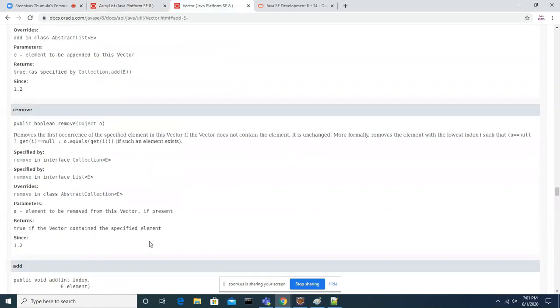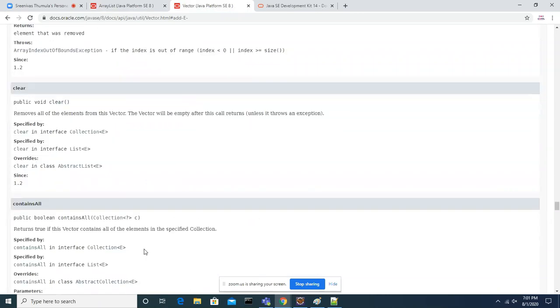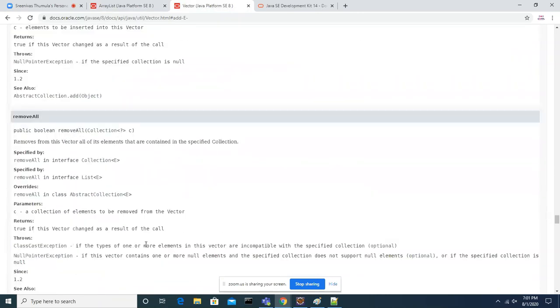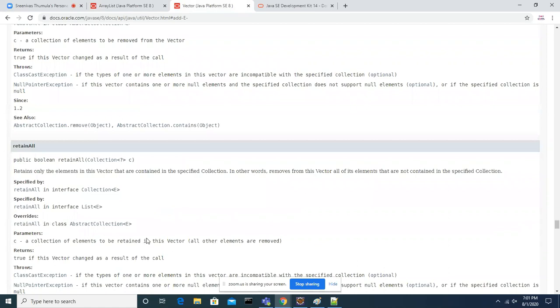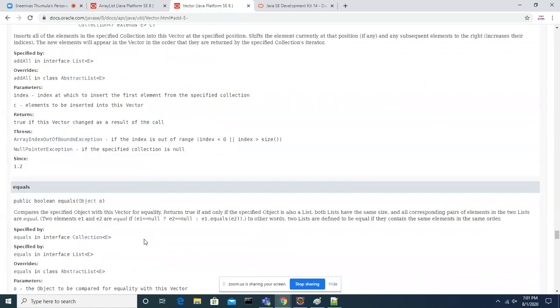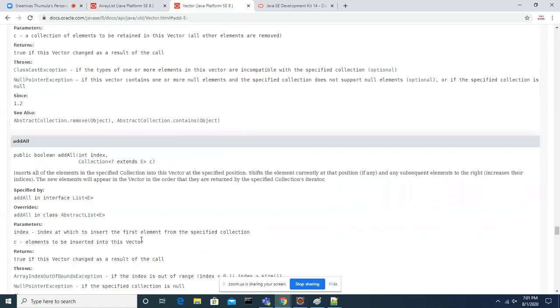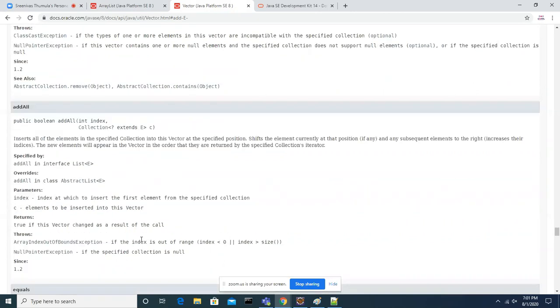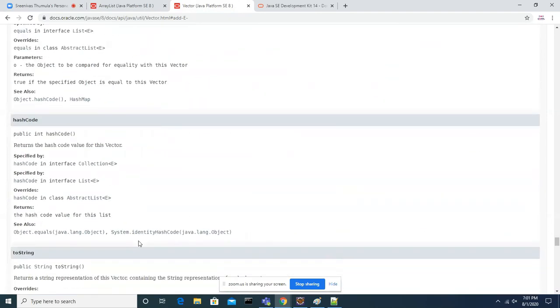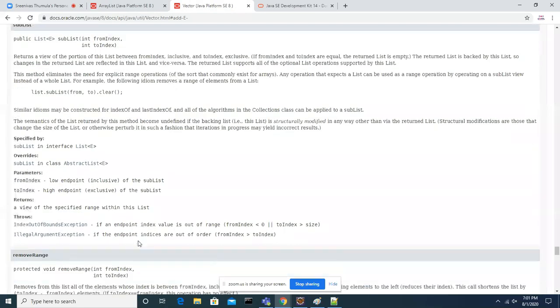To understand what synchronized is, you have to understand the thread concept, guys. What is a thread? Multi-threading. Once you understand multi-threading, then when I talk about synchronization, you will understand it clearly.